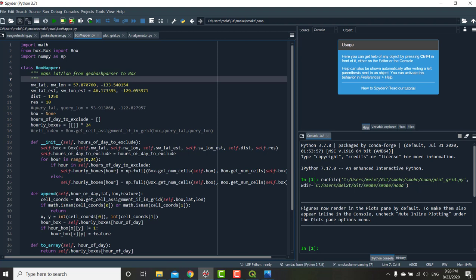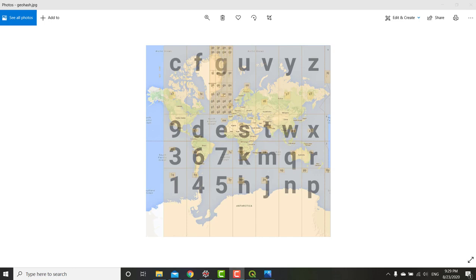And using geohashing, we're going to do this by assigning basically a location with a unique identifier. So we'll imagine that the world is divided into a grid with cells. In this map, you can see that, for example, Canada has the character C,